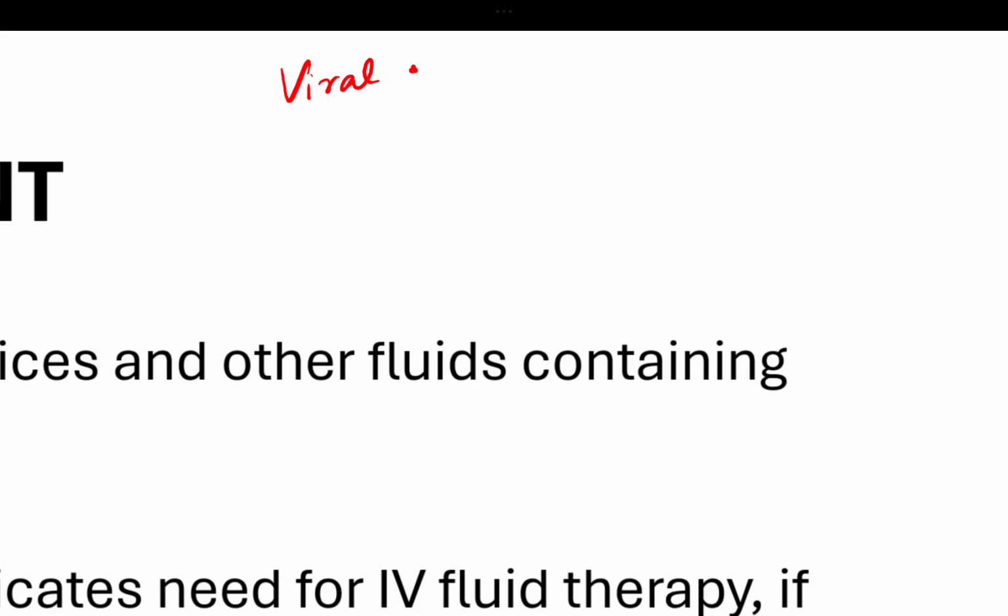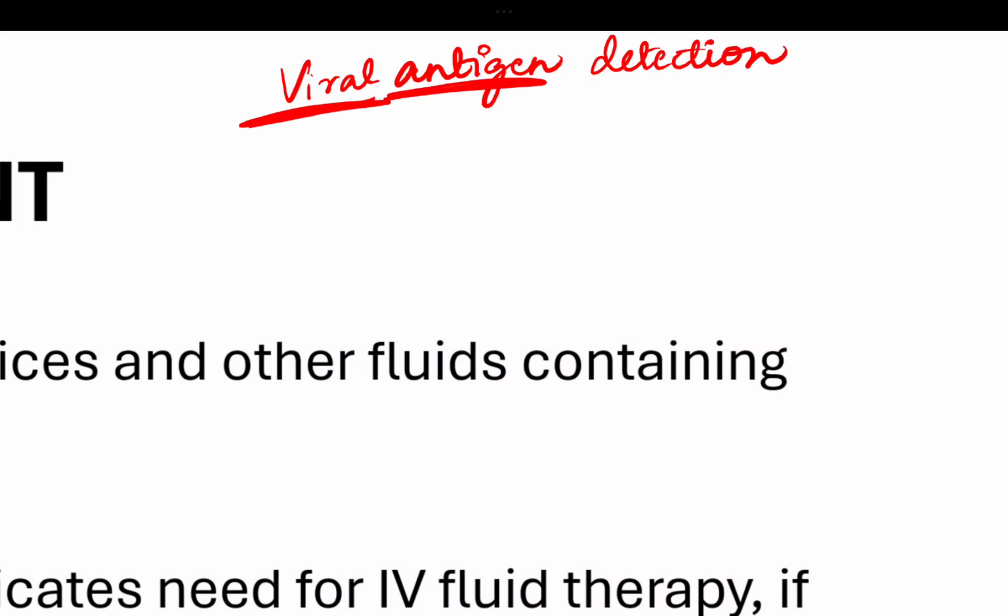The viral antigen detection: dengue virus antigen detection is done. How can we detect the viral antigen? It is done with the help of ELISA and dot blot assays, which are directed against the antigens, membrane or envelope, or directed against the non-structural protein 1, and they can be detected in the patients with secondary